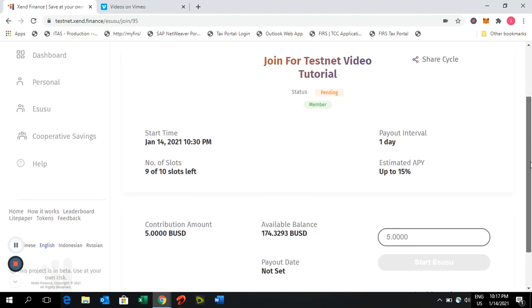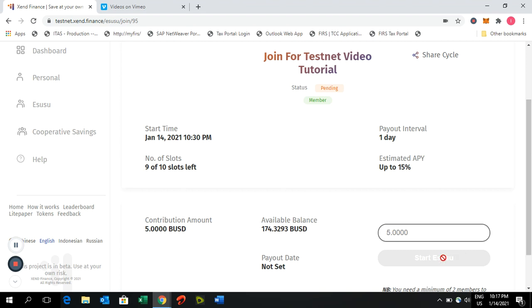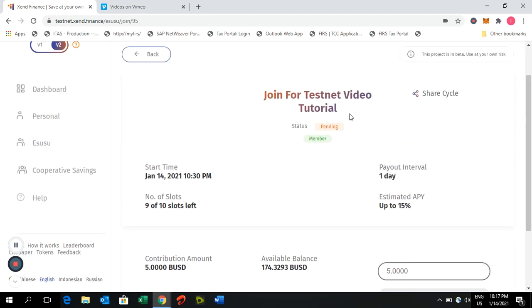So when somebody else joins this group by contributing 5 BUSD, the person can start the cycle and there will be a payout date set, knowing when everybody is going to get paid. So this is it for joining an Esusu